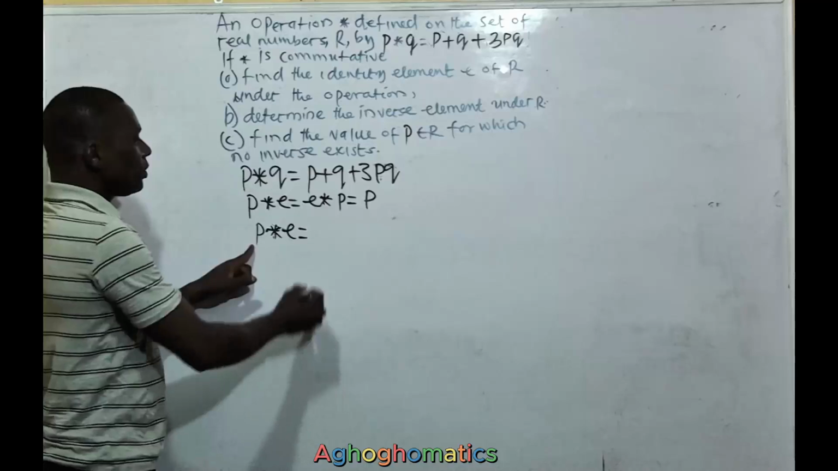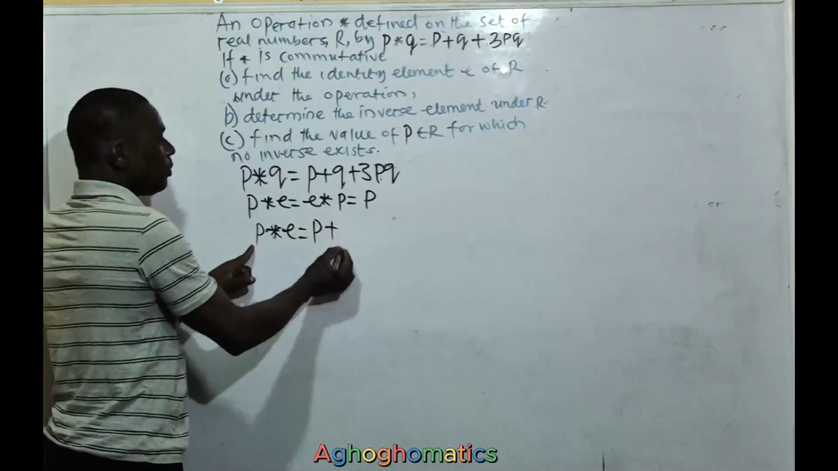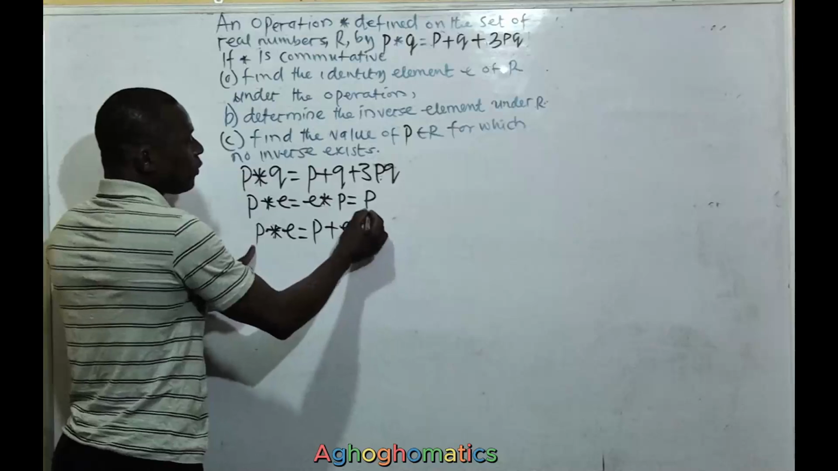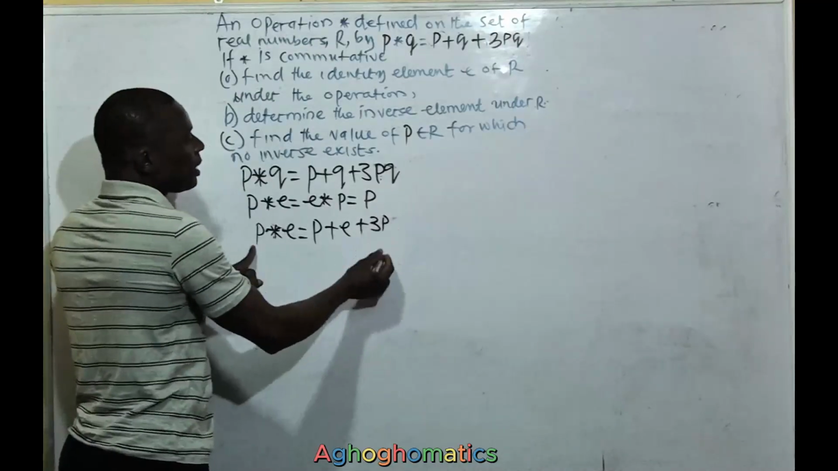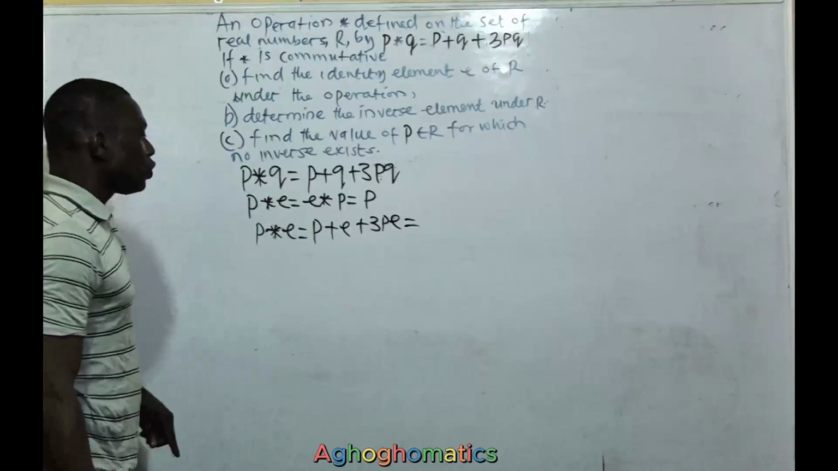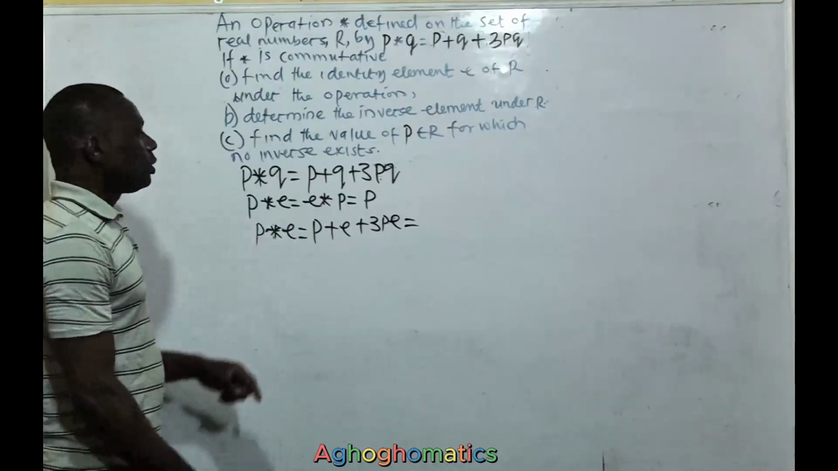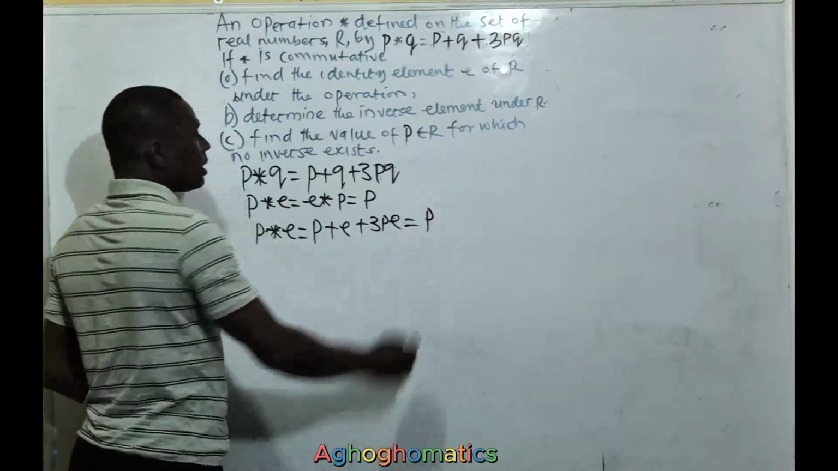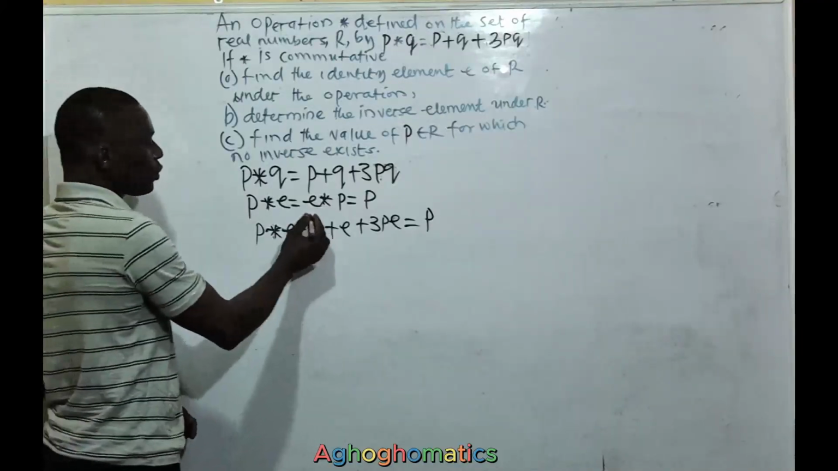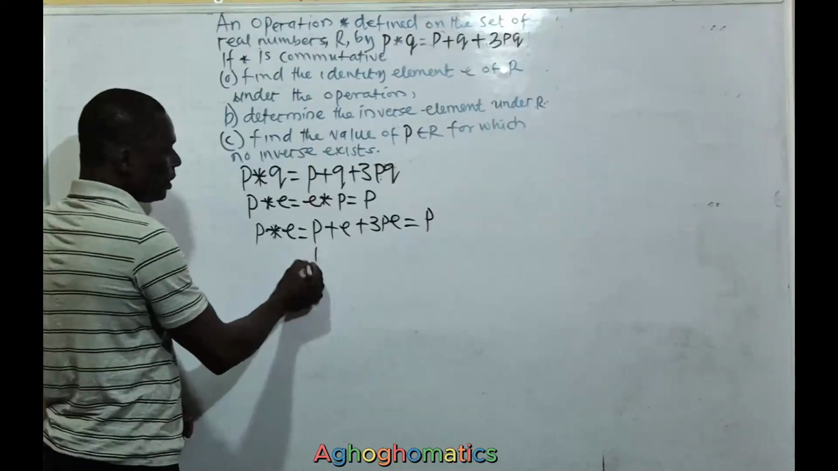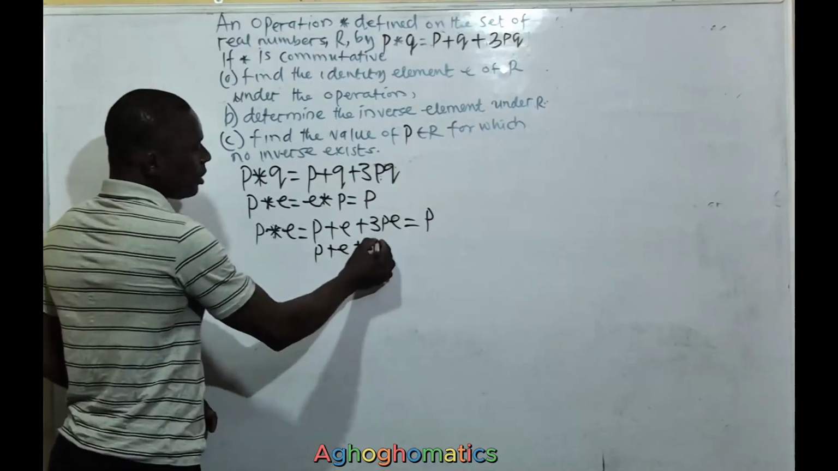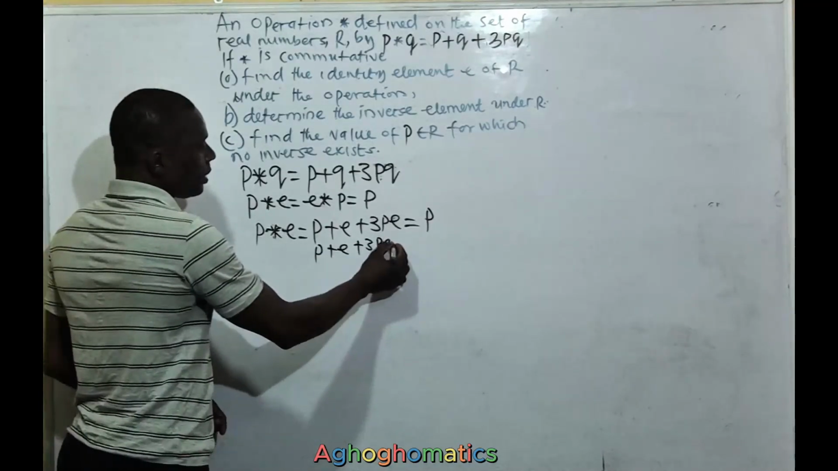Now, in place of P, I will still write P. In place of Q here, we'll replace it with E. In place of P here is still P, then in place of Q is E, and everything must be equal to the first element here. So now you will have to solve this part, which means P plus E plus 3PE is equal to